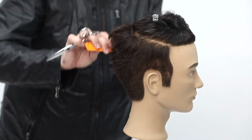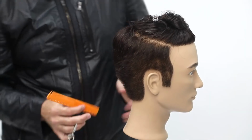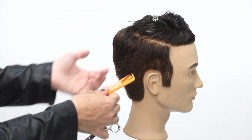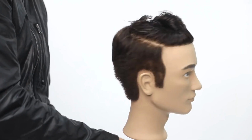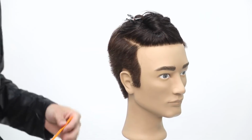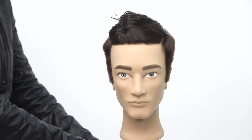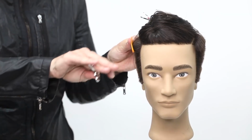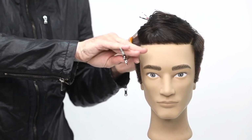Not actually drop it. So scissor over comb. The biggest difference between clipper over comb and scissor over comb is just literally the tool, because the motion and how you hold the hair is the same. So I'm going to turn this like this, lift it up into the comb, and then I'm just going to